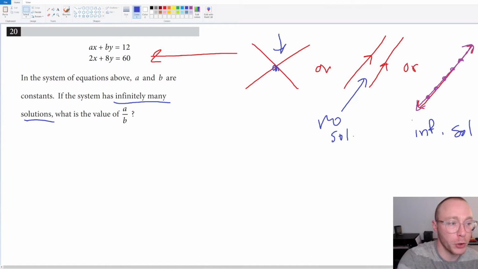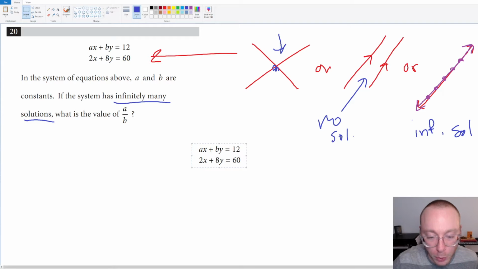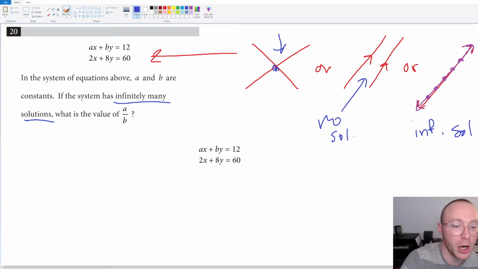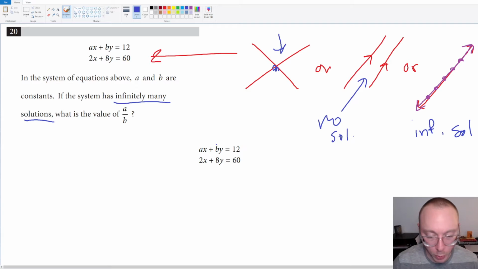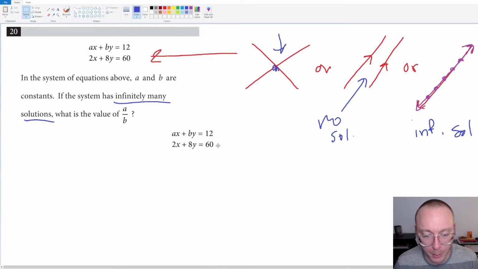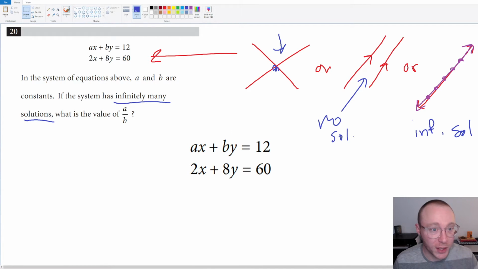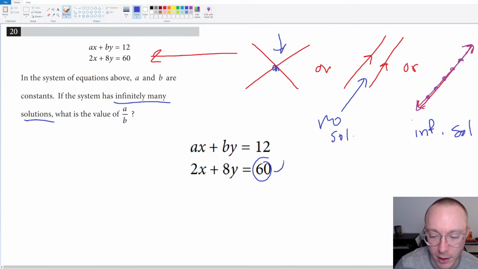If you don't know what proportional means, it's just a fancy way of saying that they are going to be the exact same multiples of each other. Since we don't know A and B, we're going to look at 12, and the corresponding part of the second equation, 60. These 2 numbers have a relationship of multiplying by 5, or dividing by 5, depending on which way you look at it. If we take the second line and divide by 5, we get to the first line, because 60 divided by 5